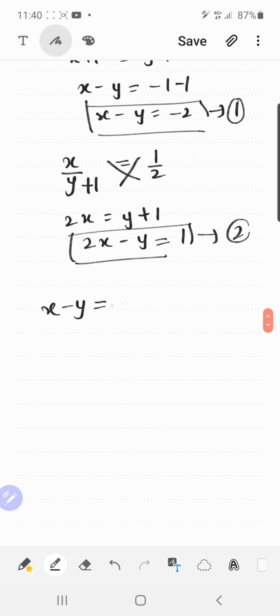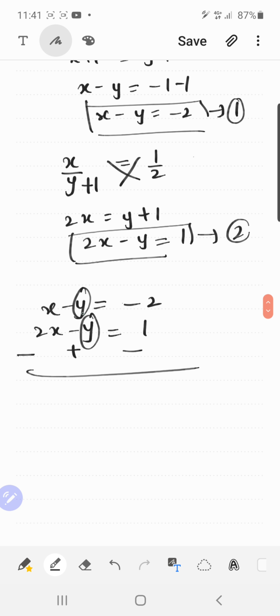You want me to solve it for you? Okay. So 2x minus y is equal to 1. Here y already you have. Coefficient is same, 1 and 1 in both the cases. The sign is minus, minus. And as I said, for elimination, 2 main factors: the coefficient should be equal and the signs should be opposite. To make the opposite sign, you have to subtract these equations, and once you subtract, my dear kids, the sign will change. So y is eliminated and 2x minus x becomes minus x